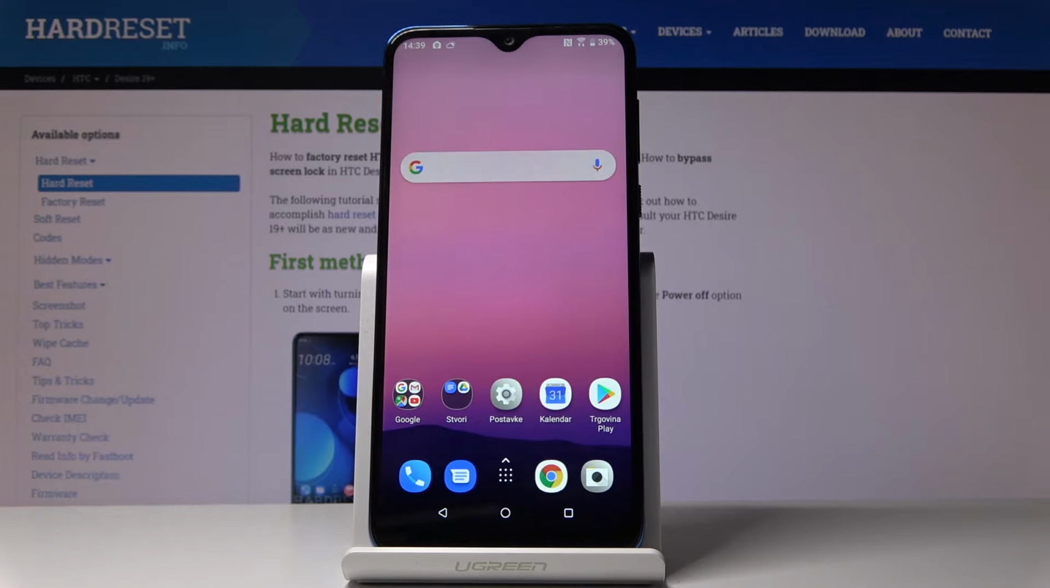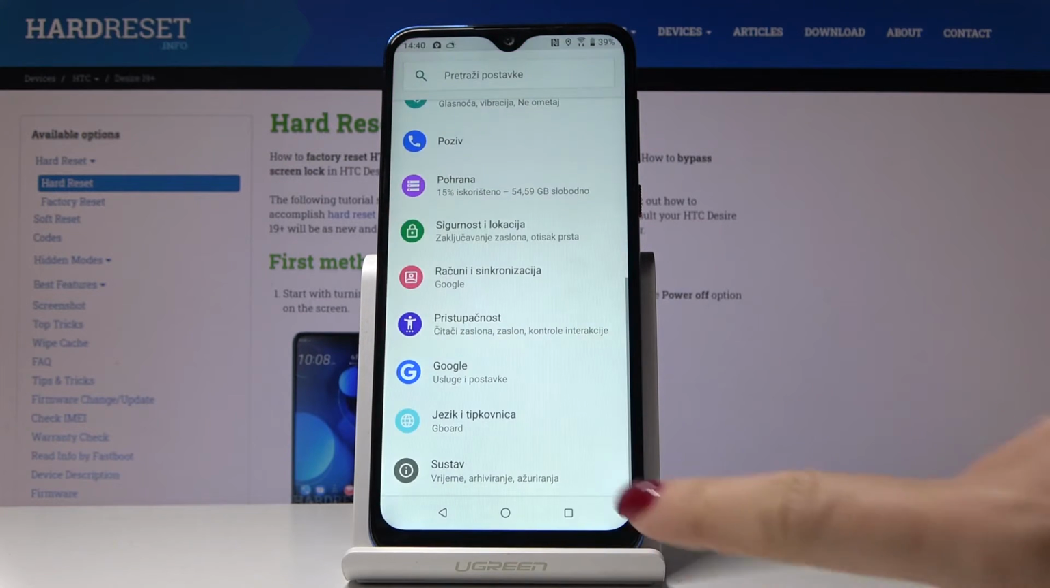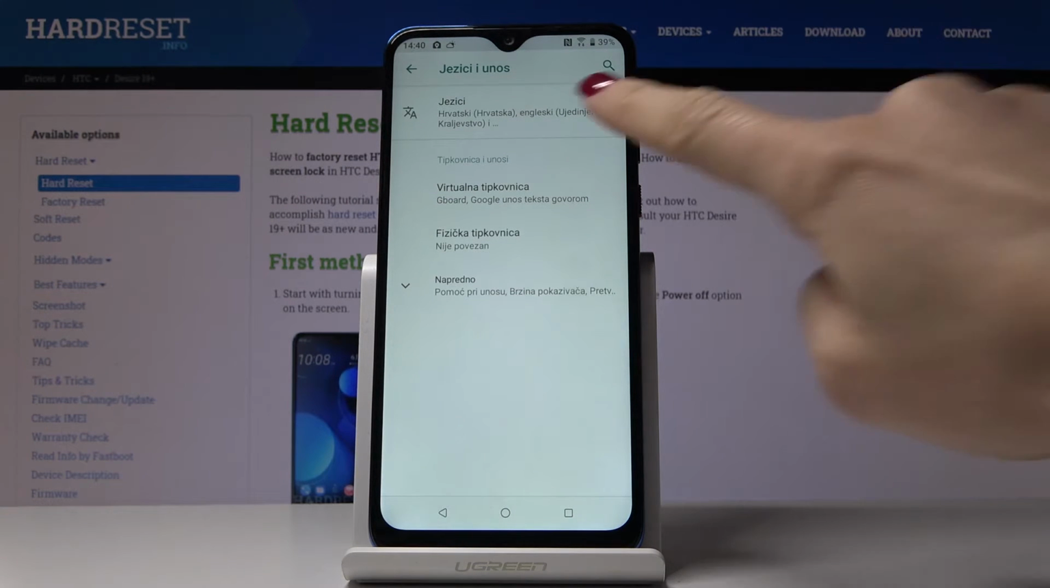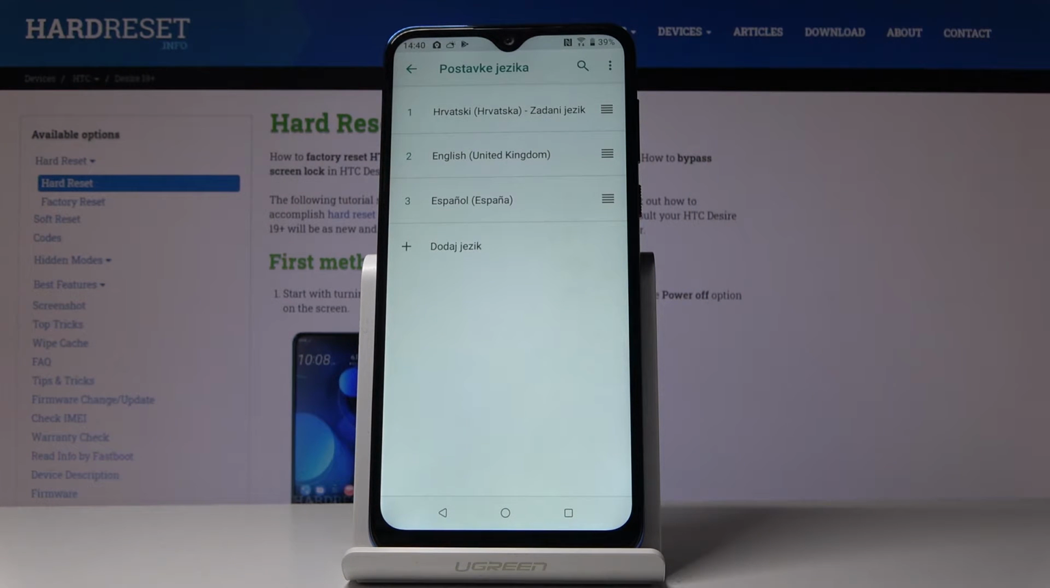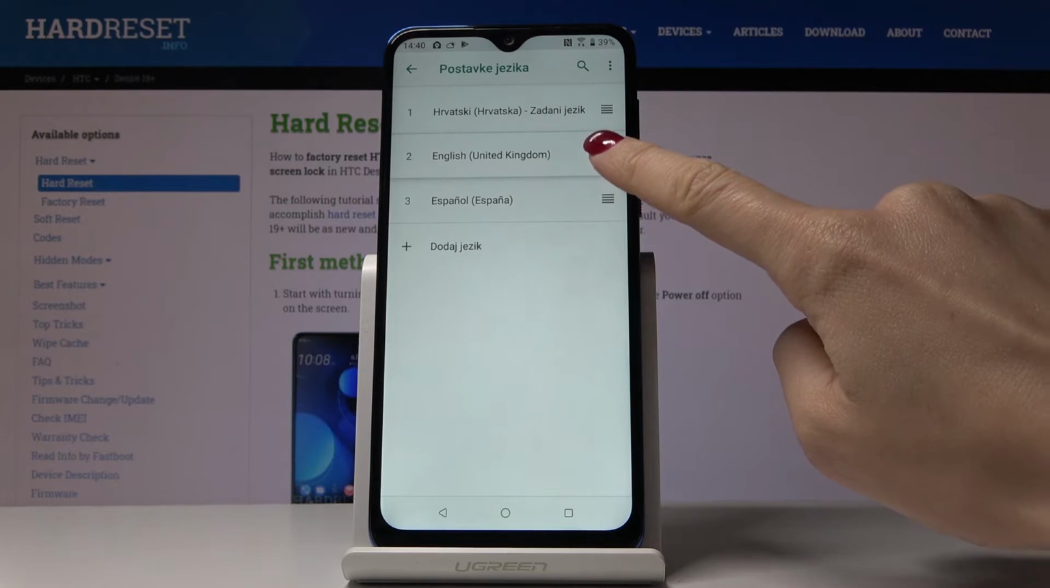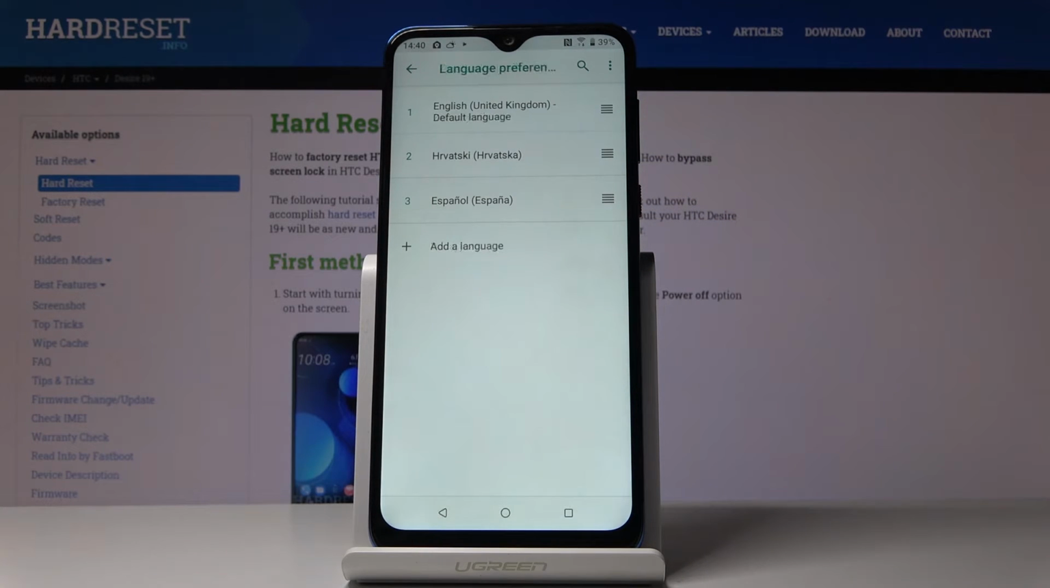Then whenever you would like to go back to English or change the language again to some other, just open the settings, go to languages and keyboard, select languages, and now you can either swipe English up to make it a default language right now, and as